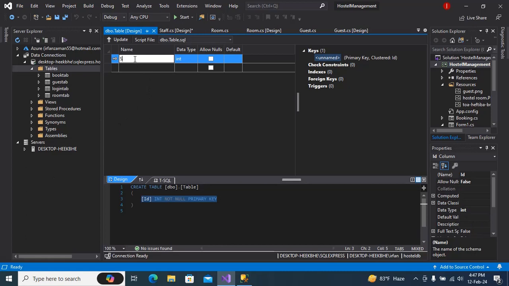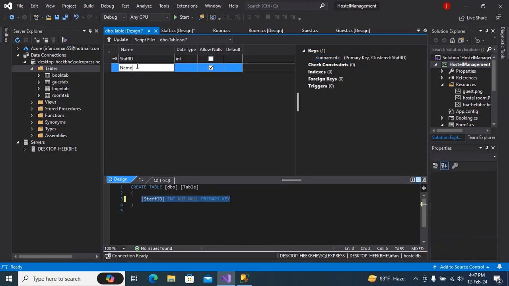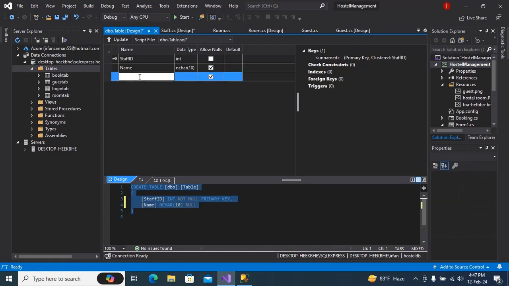The first one we have staff ID, then name, then we have phone. If you want, you can add more fields like address. So I'll just keep 3: staff ID, name, phone,